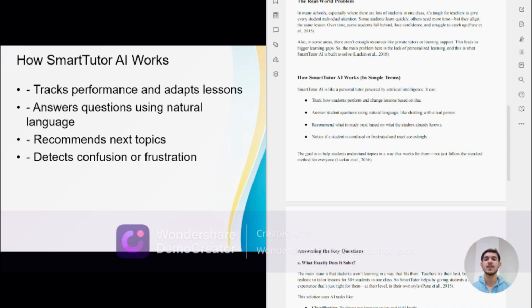It can track performance and adapt lessons, answer questions using natural language, recommend new topics for the students, and detect confusion or frustration.